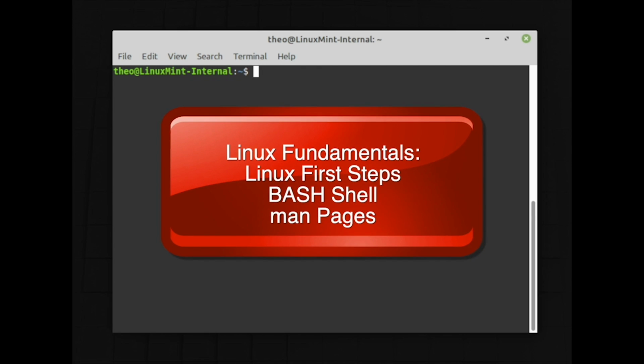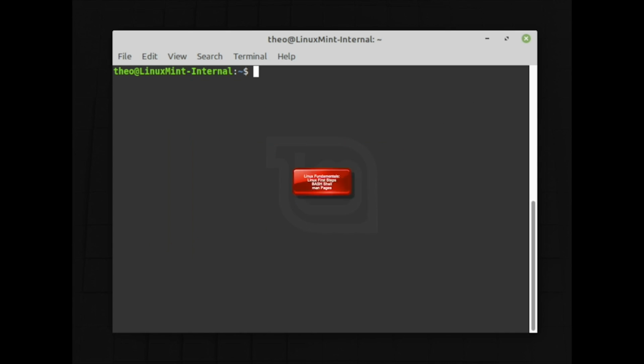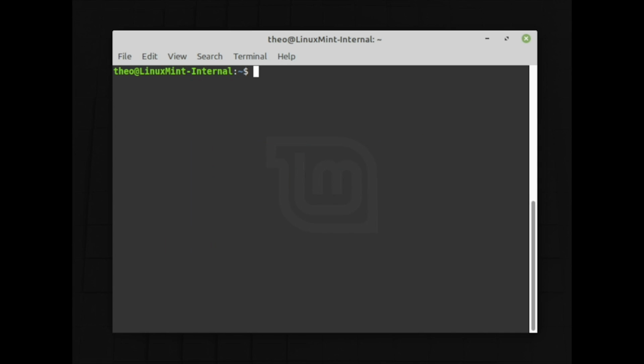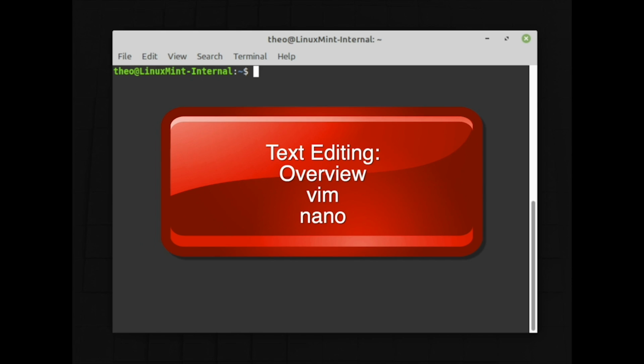We'll go over your first steps in Linux, the Bourne Again or Bash shell, understanding man pages, case sensitivity in Linux, the root user, and common Linux commands. Another thing you'll have to be able to do to get through this course is edit